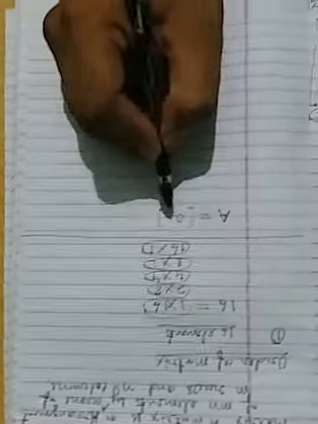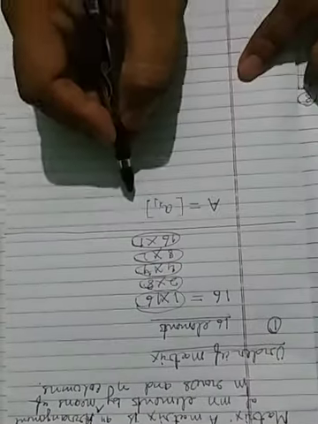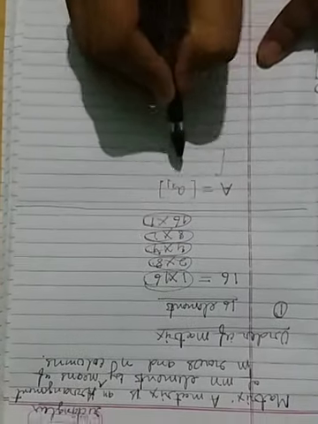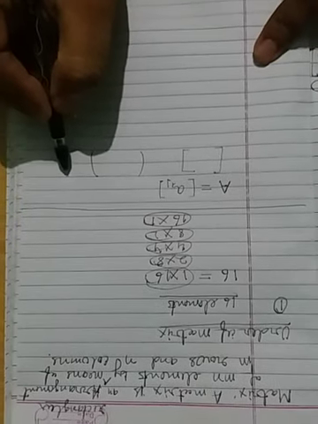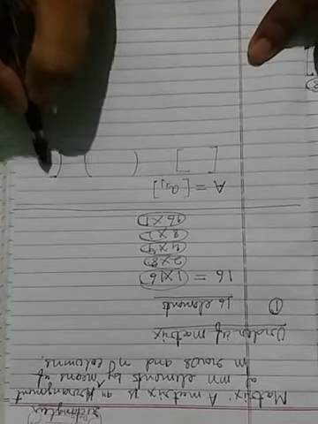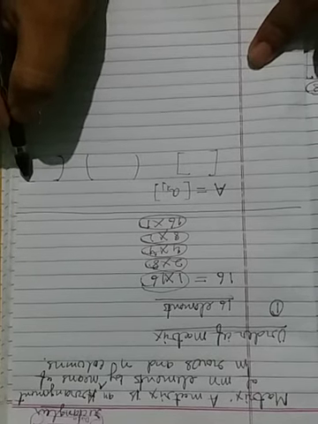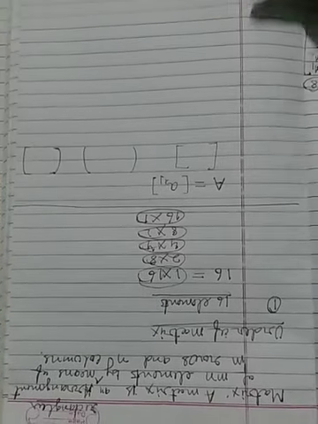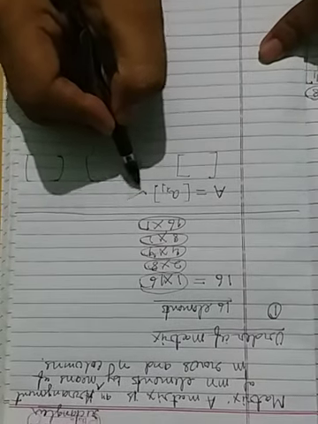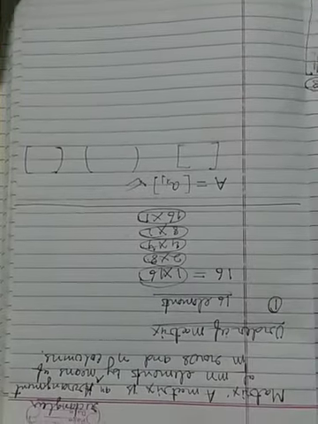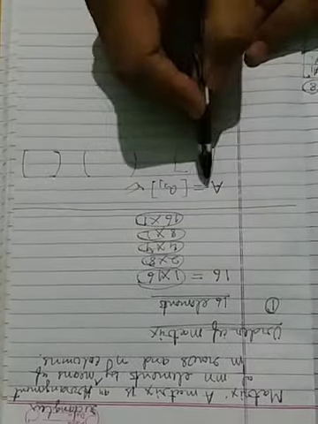This symbol is for matrix, this is a square bracket. Sometimes this is a square bracket, or you may have this bracket also. In some standard books you may have such types of symbol. So these are the general notations for matrices. But for symbolic representation, where elements are much more, you can use this.